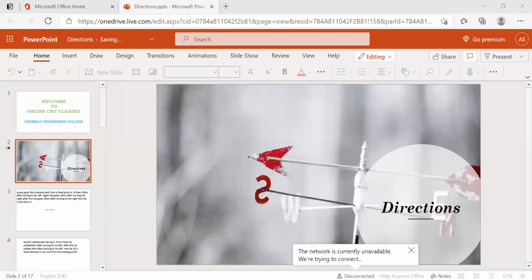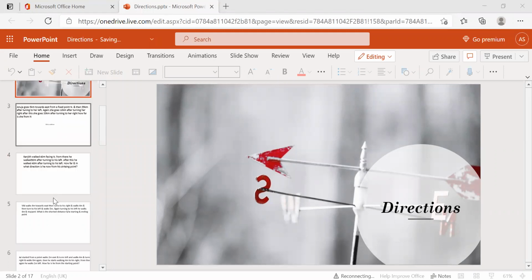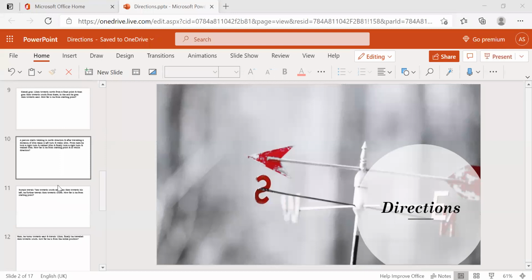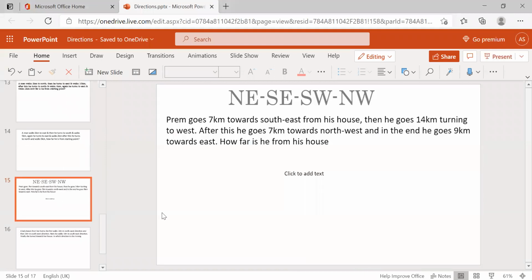Today we are going to discuss the directions topic, fourth part, right? Just before, we saw how the directions work, how to find the final facing and the distance, and we found it using the Pythagoras theorem. Now the questions are based on northeast corner